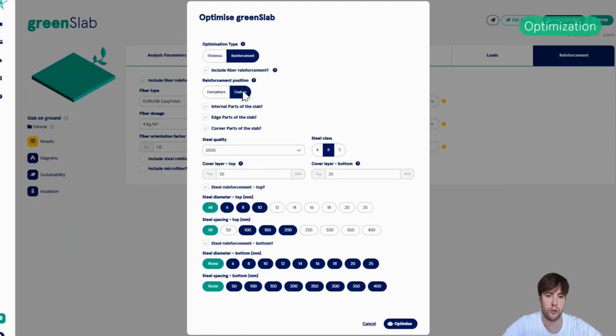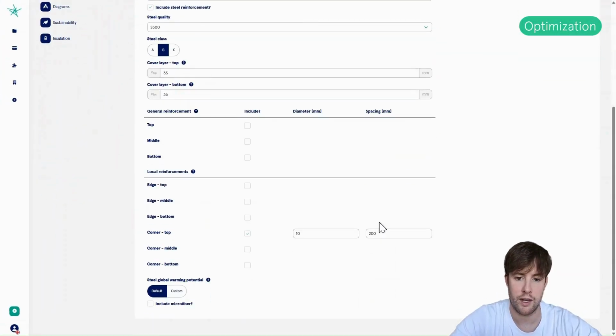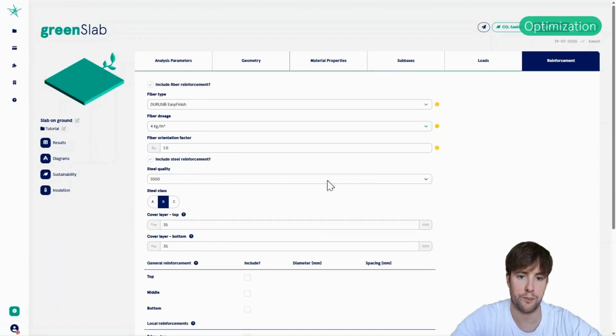But just to show you, you can also choose custom and say I want to optimize the corner part of the slab with reinforcement, and I will just keep the same options as I had before, and then I will say optimize, and then the program this time will suggest a little bit more steel, but again we'll sort it by the steel area, and then I'll choose the solution where it requires 10 per 200mm mesh in the top of the slab at the corners, add reinforcement selection, and now it will have added this reinforcement.